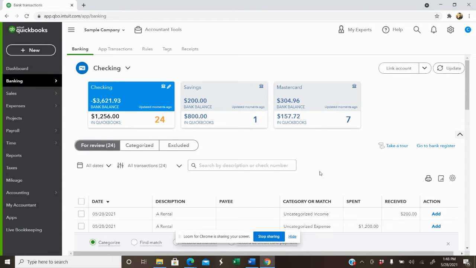This video is designed to help you create a duplicate tab to simplify your workflow in QuickBooks Online. Basically, all you need to do is come up to this top tab, right-click, duplicate, and you can have multiple screens working on the same